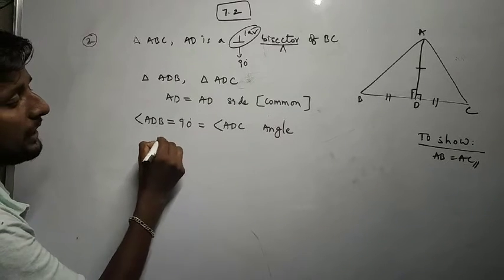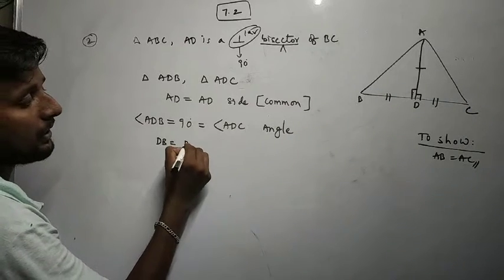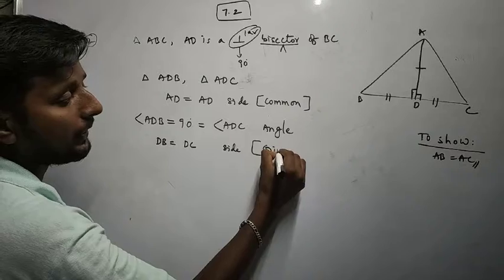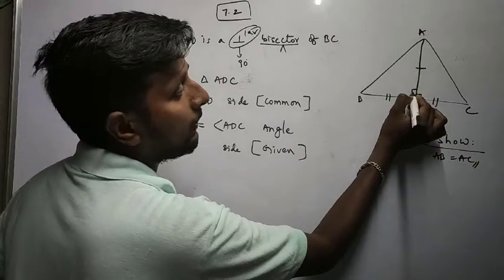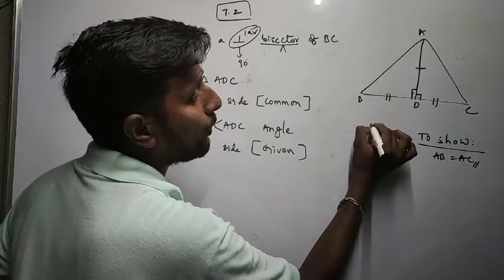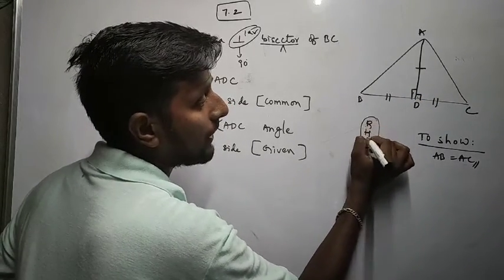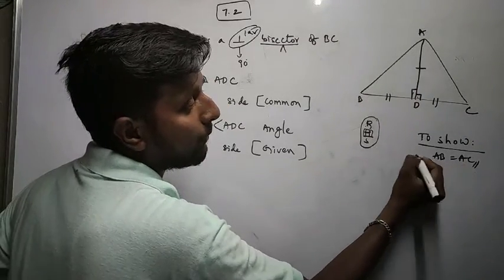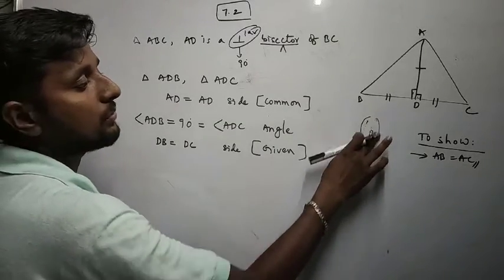So as we know, DB is nothing but BD. Okay. DB is equals to DC, it is one side, and the reason for equality, it's already given, correct? You may get a doubt: here we have a right angle, so why don't we use the RHS congruence rule? But for RHS we need the hypotenuse also, the opposite side. But here we are talking about showing the hypotenuse is only equal, correct? So the RHS rule doesn't work out.